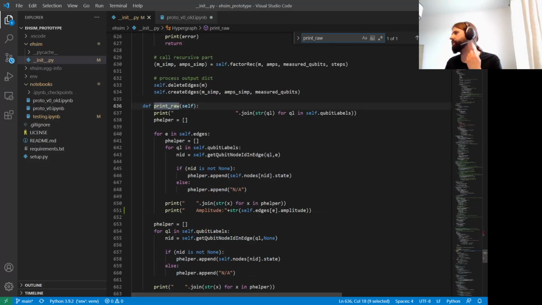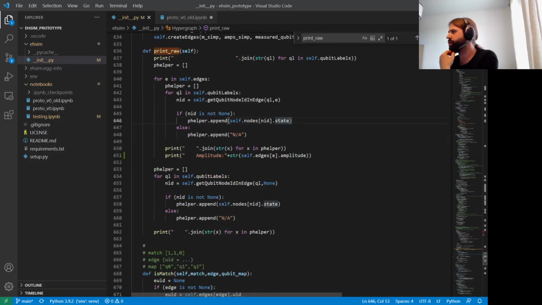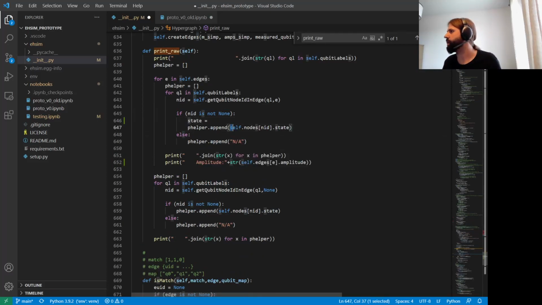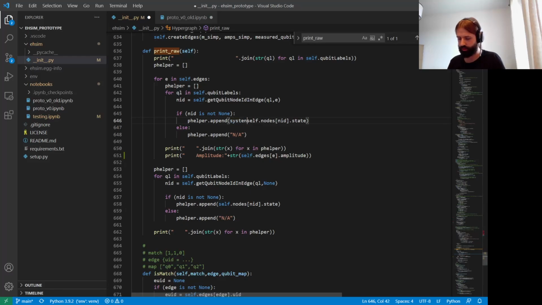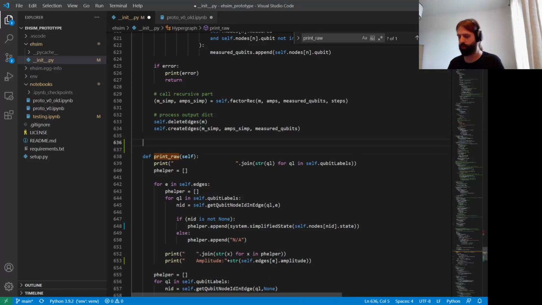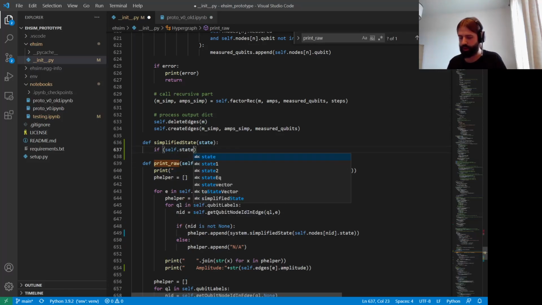Whenever I print a state, whatever I print, the state in here, right? So what I should do is state equals this. Or not, I should just say system simplified state, right? So I should do this simplified state, which is a function that will basically, simplified state. So what it will just do is, if self state equal